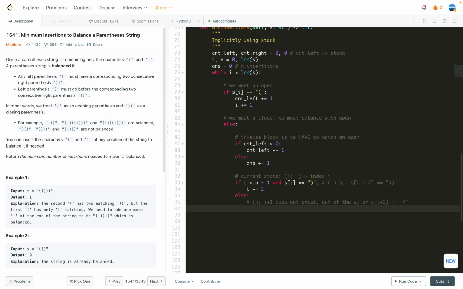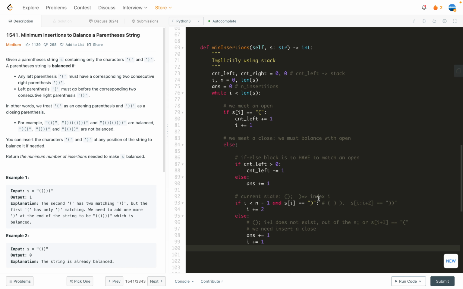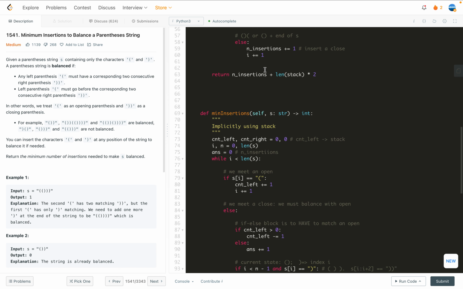In this case, we need one insertion of a close. So we increment the answer by 1, and the increment of the index will be 1. After this while loop, which is in parallel to this format,